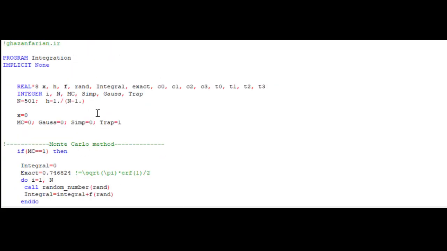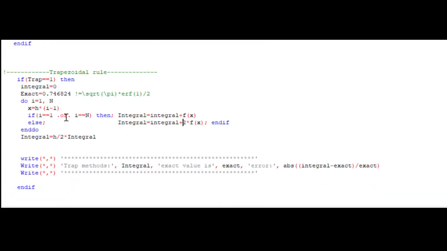Here I have activated the trap, and here you see the integral equals 0. The exact value is this number, which equals the square root of pi over 2 times the error function at 1. In the trapezoidal rule, if you review the algorithm, you need to compute the magnitude of the function at all points and add them together